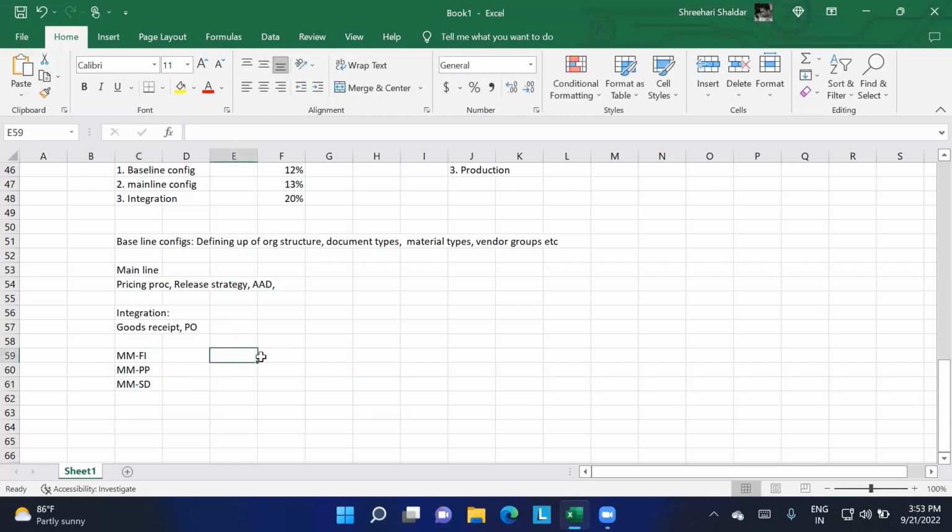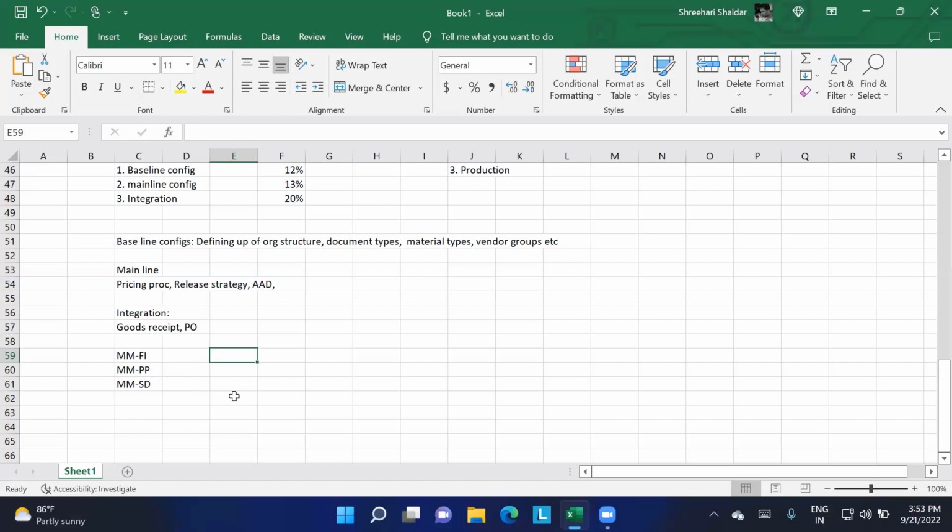For MM-FI, the automatic account determination is the integration between MM and FI. For PP, the MRP and all come under PP only. And the STO part, goods issue, and billing all come under the MM-SD integration. Like that, some integration things will be there.